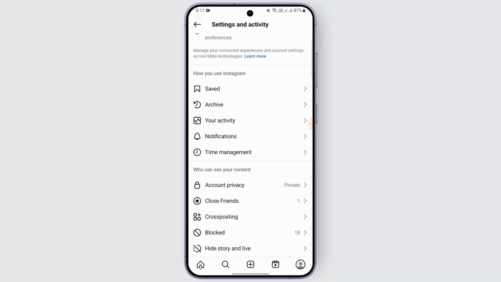But unfortunately, there is no such option for watch history like you usually have on the TikTok application, where we had this option called watch TikTok history. Unfortunately, Instagram hasn't added this feature till now, but maybe in the future they'll add it. So we're just going to wait for those kinds of features to be available on Instagram to see our Instagram reel history